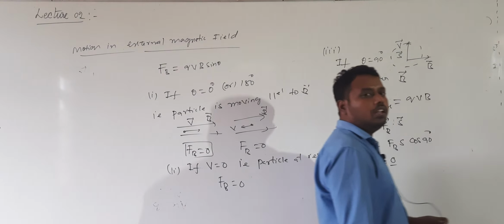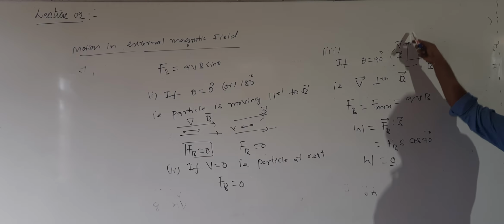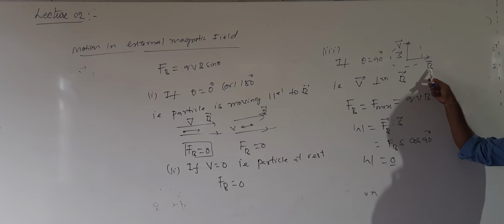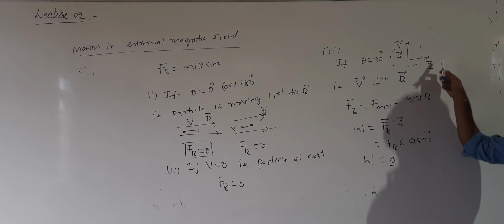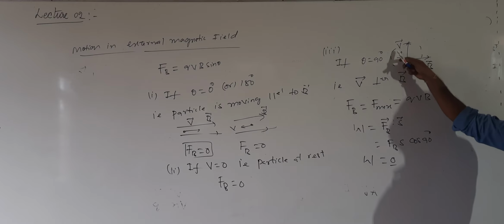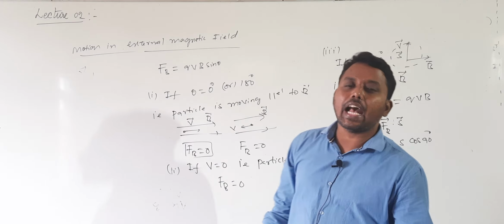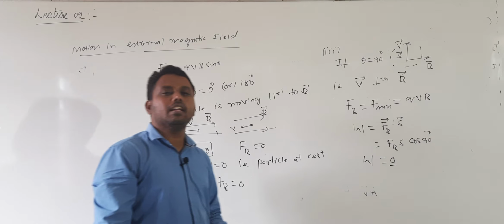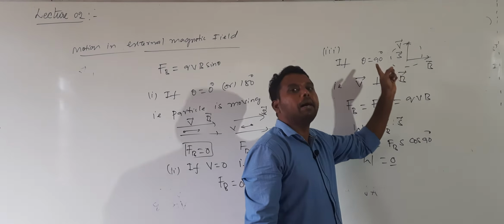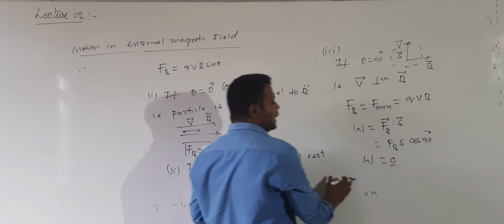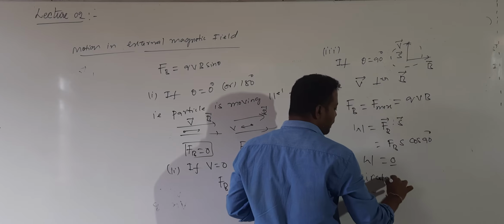Why will the particle move in a circular path? The force due to the magnetic field will not allow the particle to move in a straight line. So compulsorily the path of the particle will be deviated. But that force is not providing any increase in velocity. That force will not provide any acceleration. Though acceleration is 0, what happens? The magnitude of velocity will remain constant. Which path will the particle describe? The particle will describe a circular path.